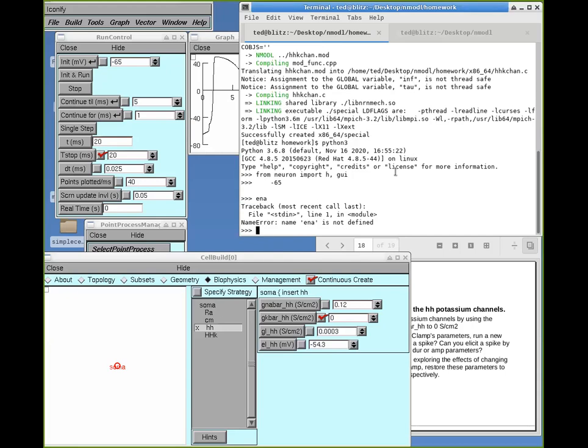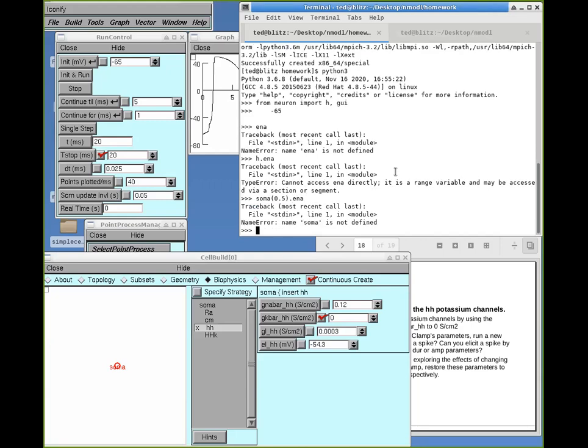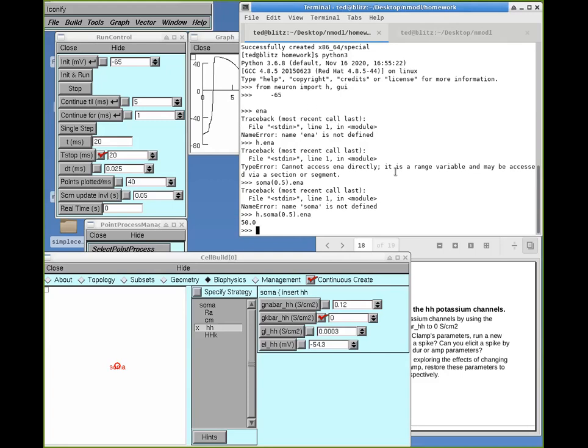Oops. ENA is not defined. So it's going to be h.ENA. Okay, so it's a range variable, and it's going to be soma, soma at 0.5 ENA. Ooh, soma is not specified. That's because I didn't create it with Python, I created it with Hoc, so its Python name starts with an h. Ta-da! Finally, miraculously, I stumble into the complete and proper Python name for this